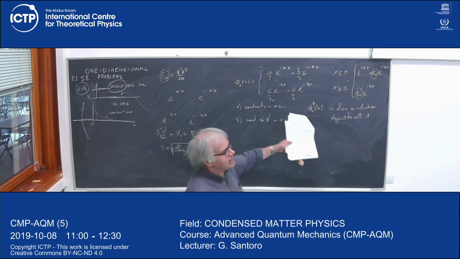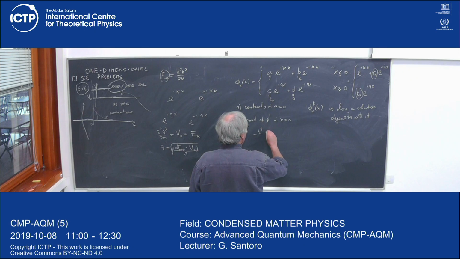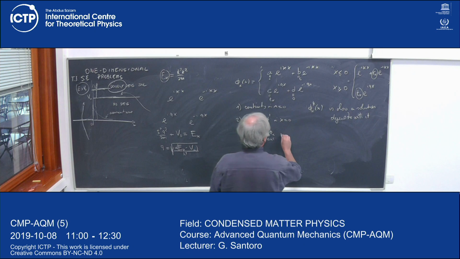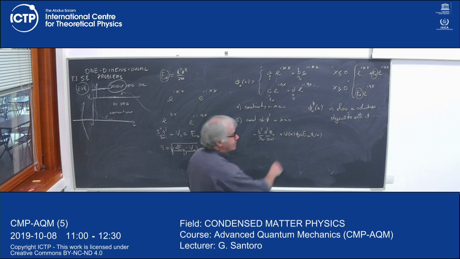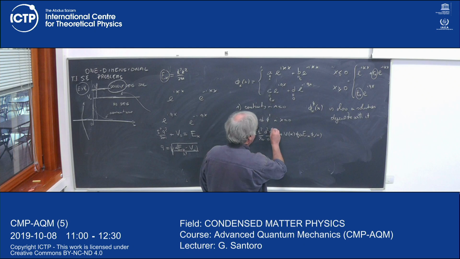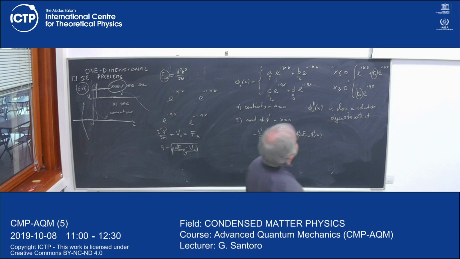So suppose that I have solved it and I found that this is a solution with energy E_k. What about phi star? Well, remember, this is minus h bar squared over 2m, the second derivative of phi_k with respect to x squared, plus V of x, equal to E_k phi_k. You see, everything is real here. So take the star. Phi star is absolutely a possible solution. But if you look, phi star is different, right?